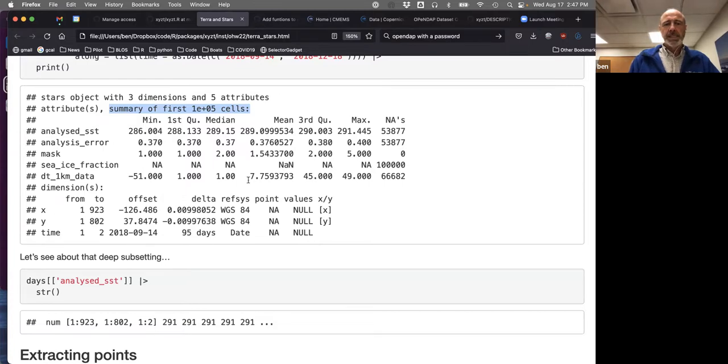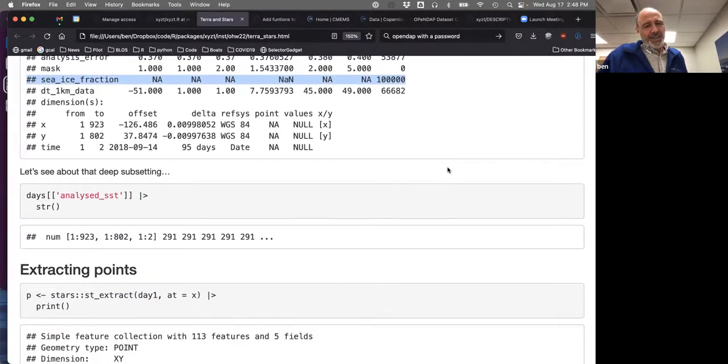Okay. I find this kind of interesting. Sea ice fraction is all NAs. What is up off of California? They never get ice? Can we do something about that? Doesn't seem fair. We get all the cold weather up here. Anyway,